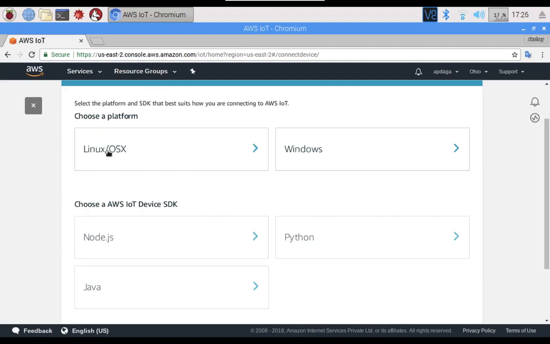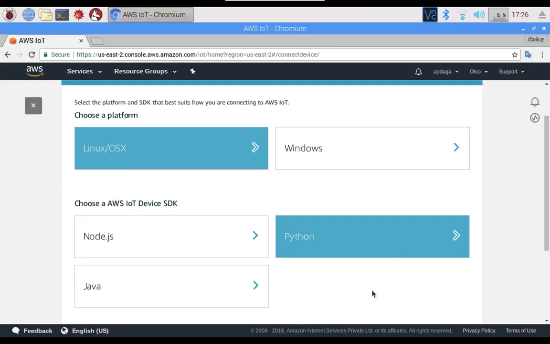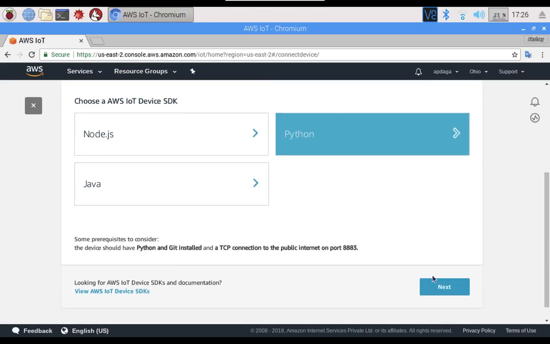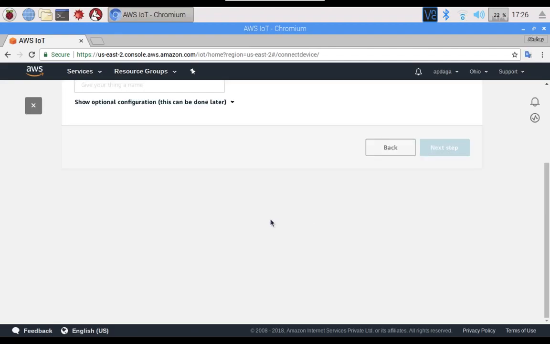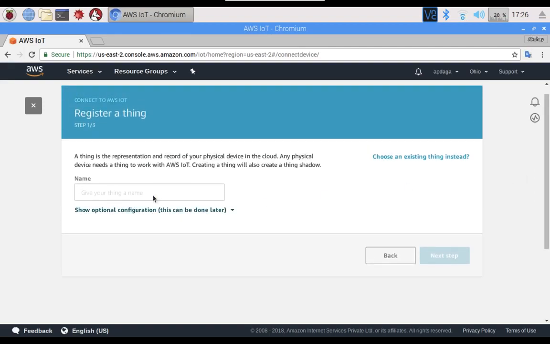Select the OS. So our OS is Linux. Then SDK, we will be using Python. Next. You have to provide a thing name.